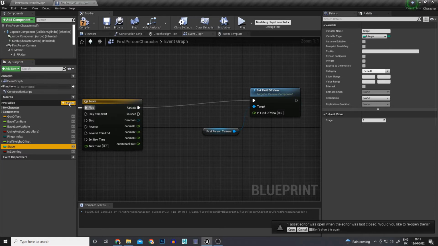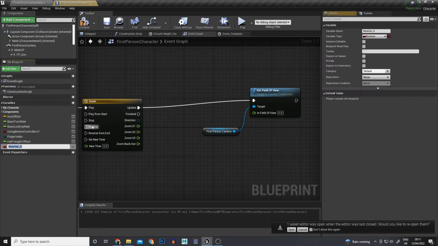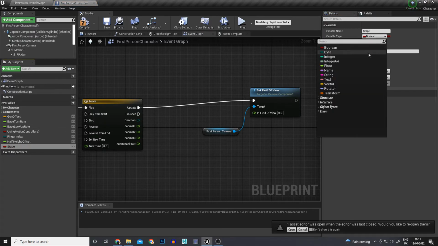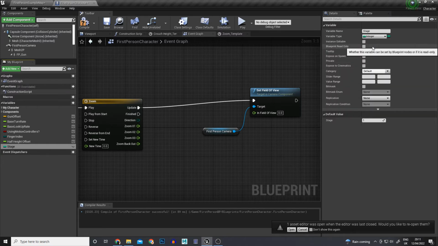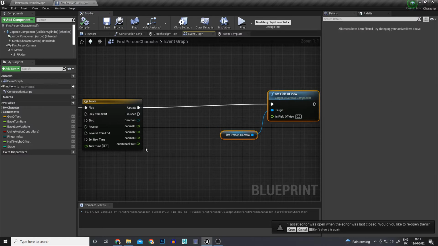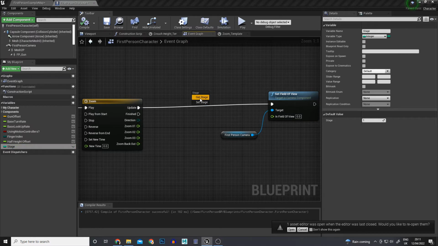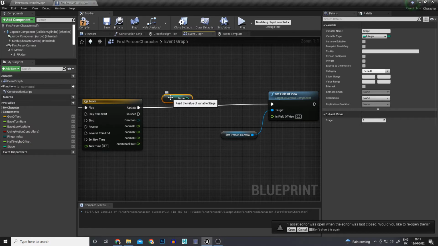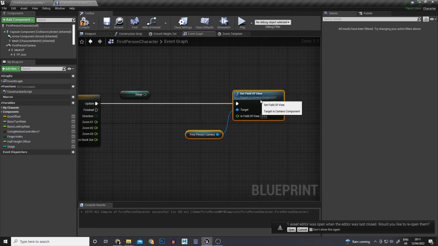So you just add a variable here, type in the name. So if I add a variable, type it stage or whatever you want to call it, and create it as an integer, which is a whole number. And I'm going to start off at stage 1 instead of 0, just because I find that easier and it makes it less confusing. So if we drag this in now and if we get our stage,